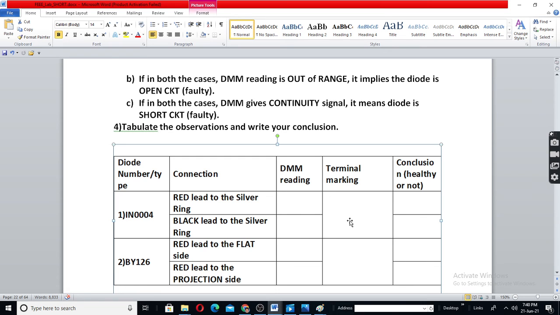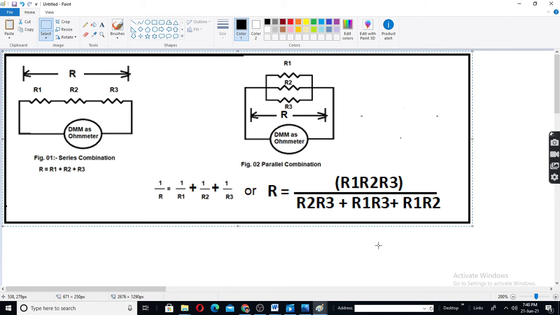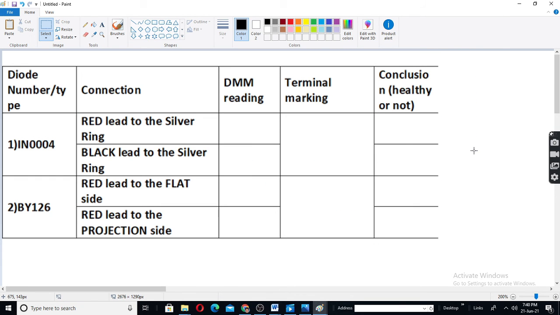Now mark the terminal: the silver end is cathode and the other one is anode. And in case of this one, if BY126, you have the same thing.